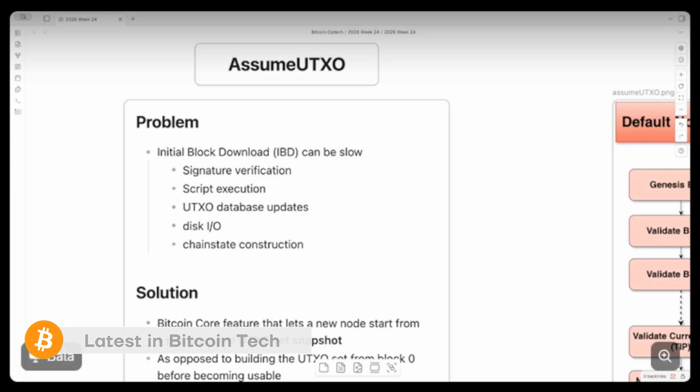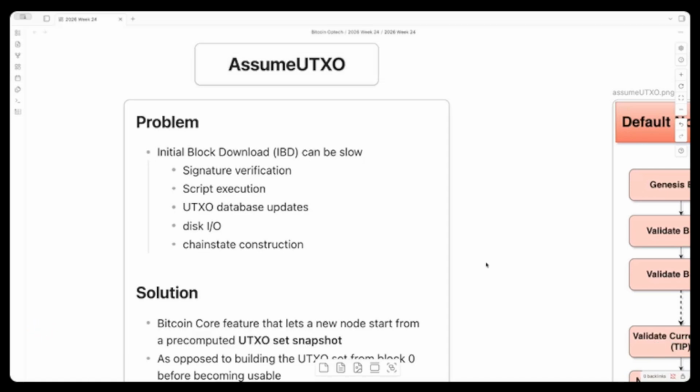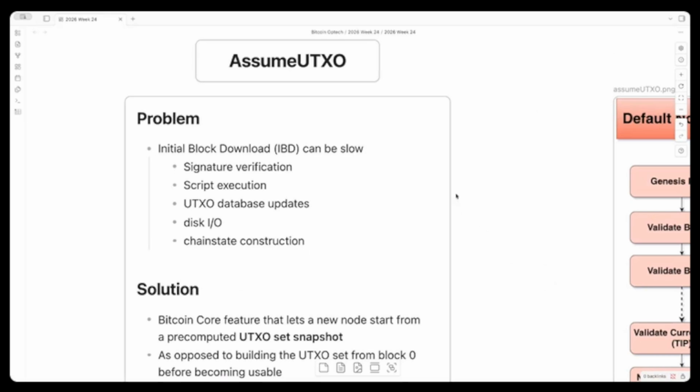Today we'll look at one news item which is related to the feature called AssumeUTXO. We'll look at what AssumeUTXO is, how it works, what are all the problems associated with the current mechanism that AssumeUTXO uses, and about this draft BIP, which proposes a solution to improve AssumeUTXO's operational